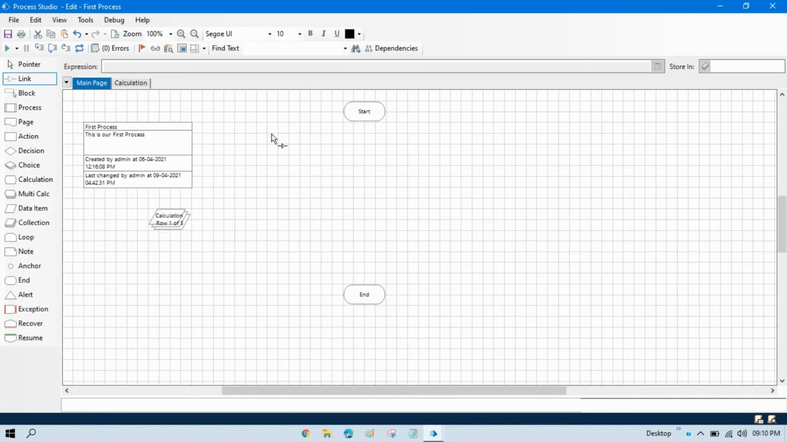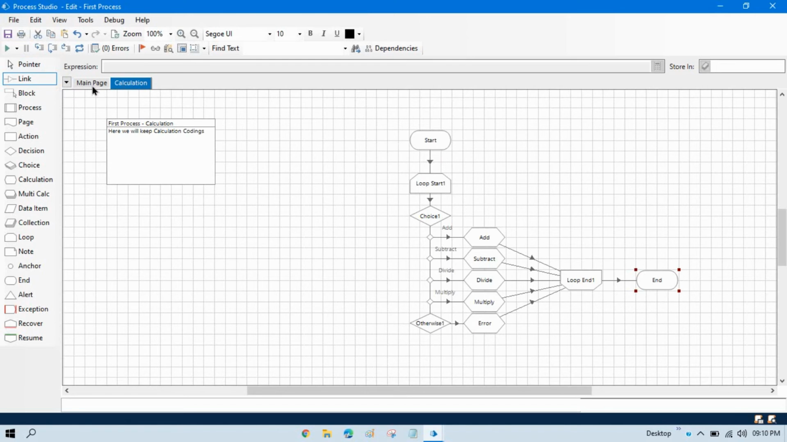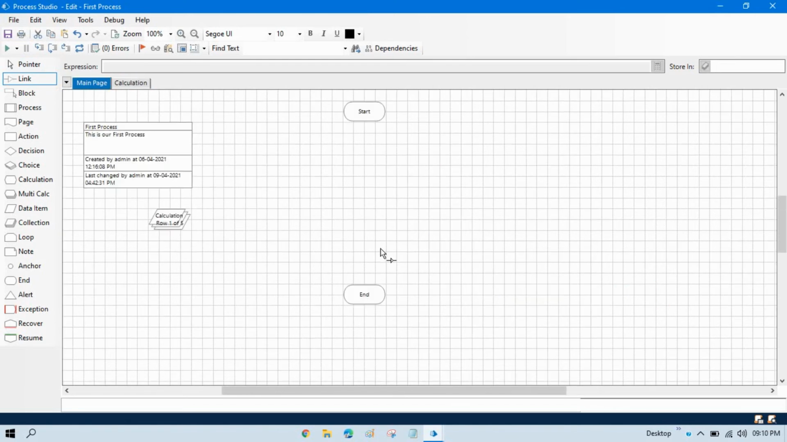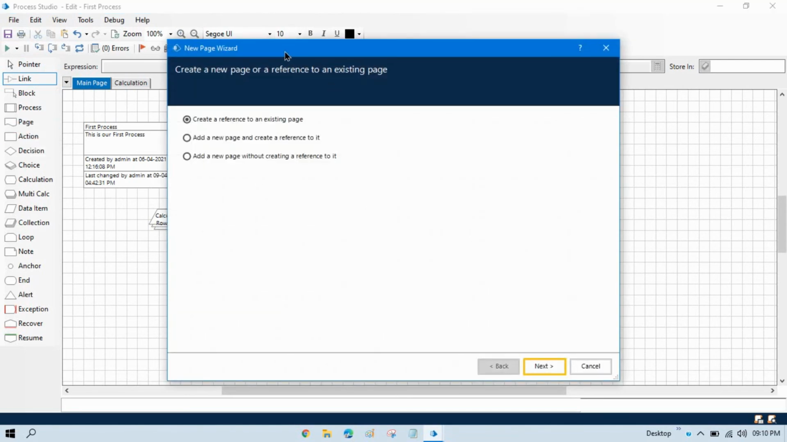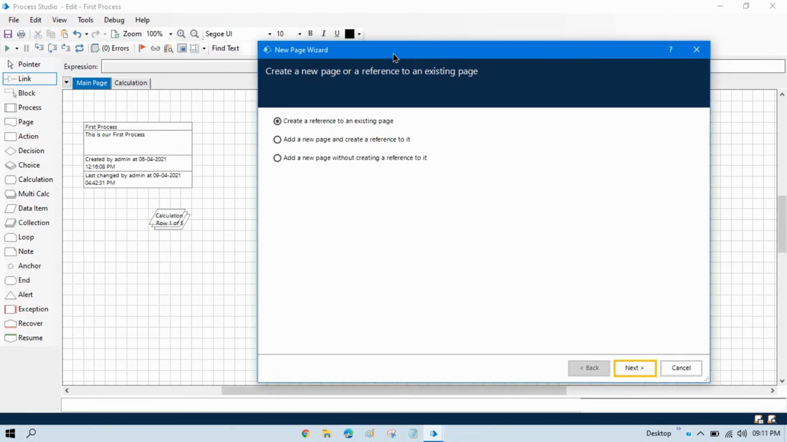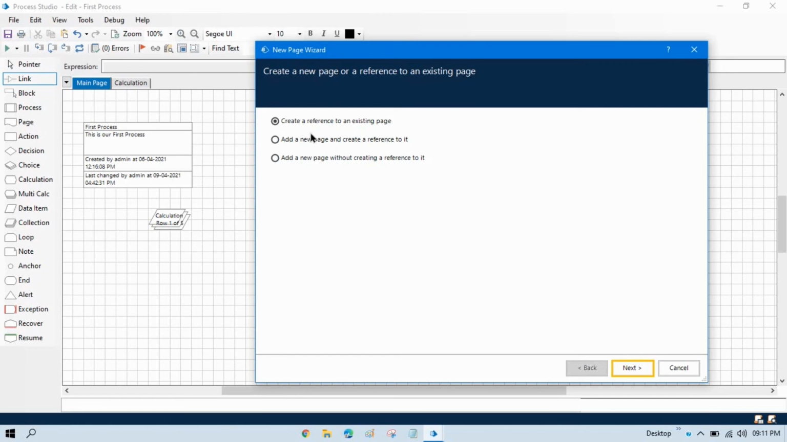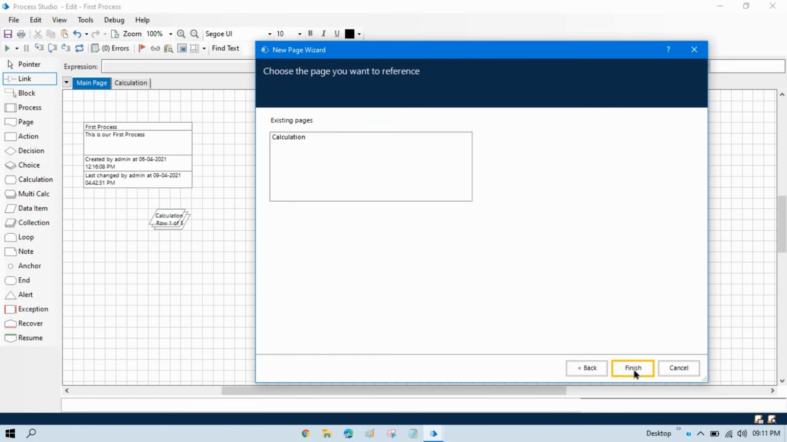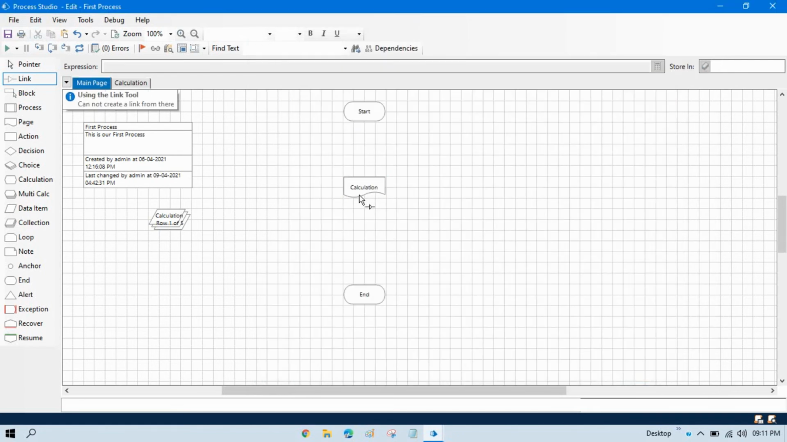Now we are going to the main page, and then I want to call this page on the main page. So how can we do that? To call that page into any other page or into the main page, you have to use the page stage. Now once you drag and drop, directly it will open the new page wizard. I just want to create a reference here, so we'll click on this, click next, and select the existing page, click finish. Now here you can see automatically